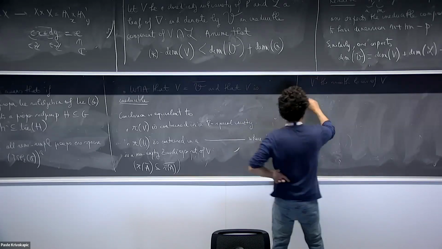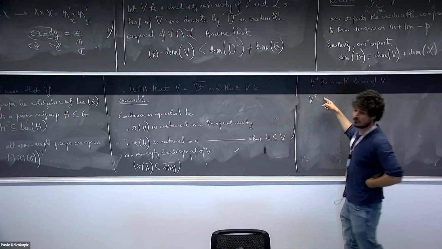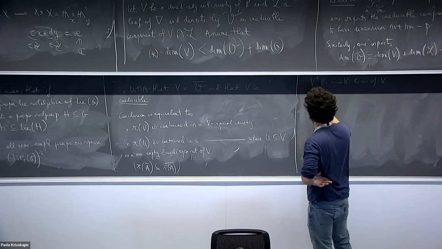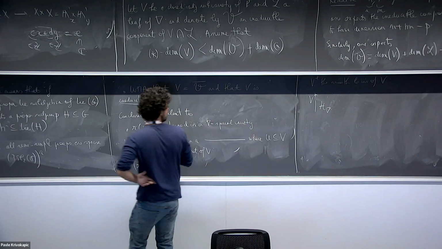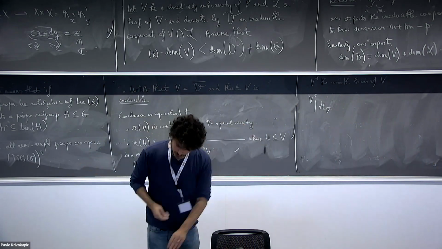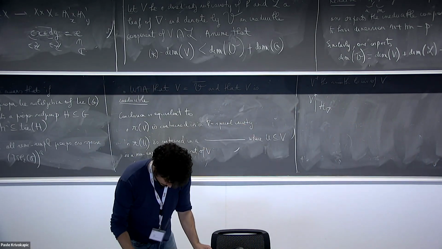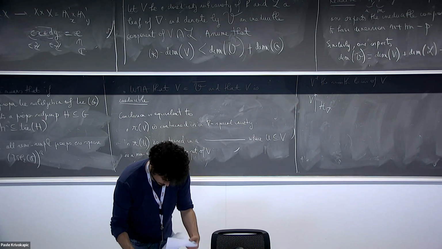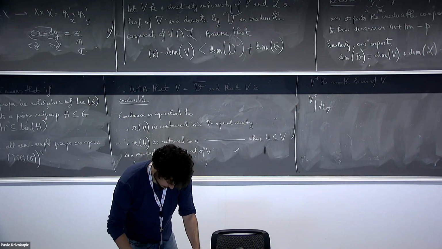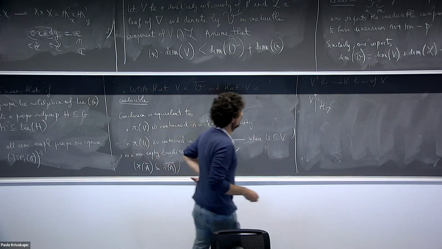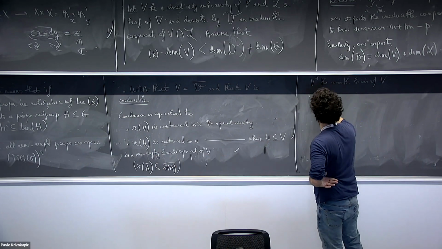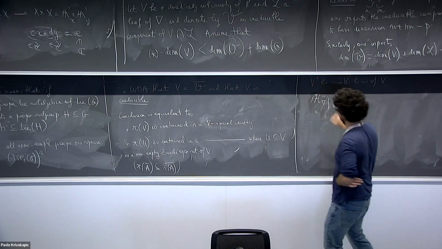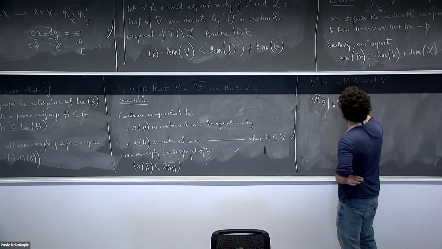Okay, so I'm looking at V star because I want something smooth, and I'm restricting the foliation H delta. And so now V star has a foliation